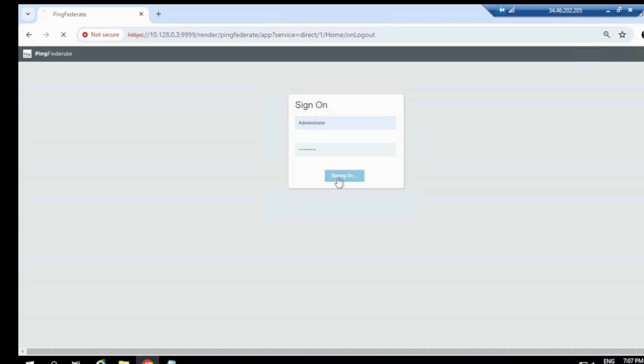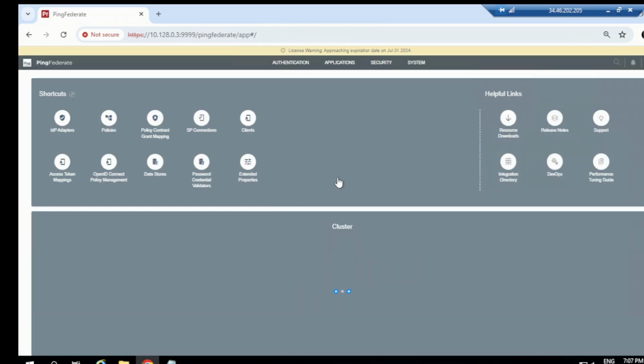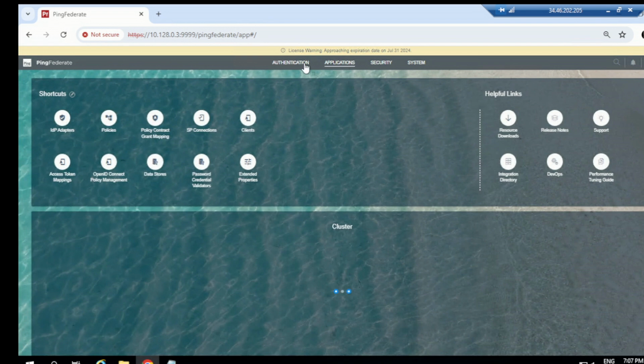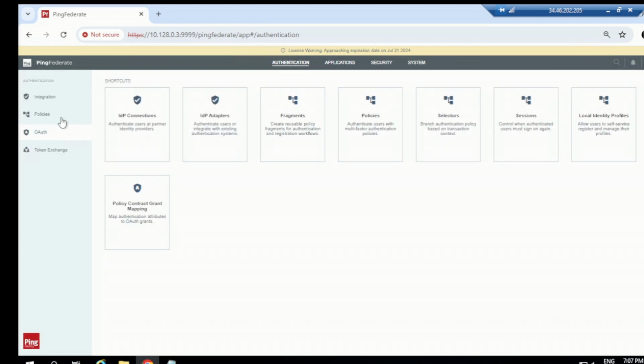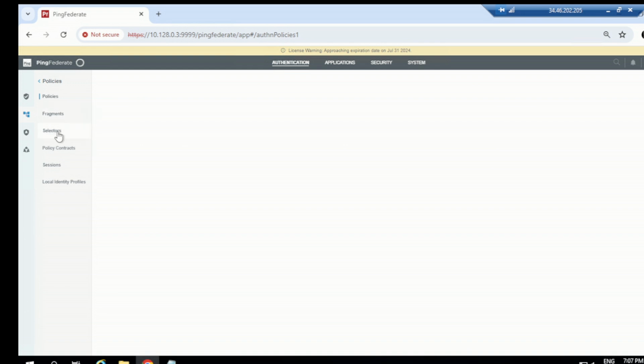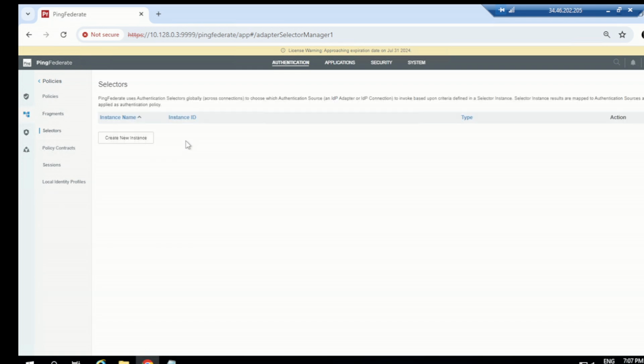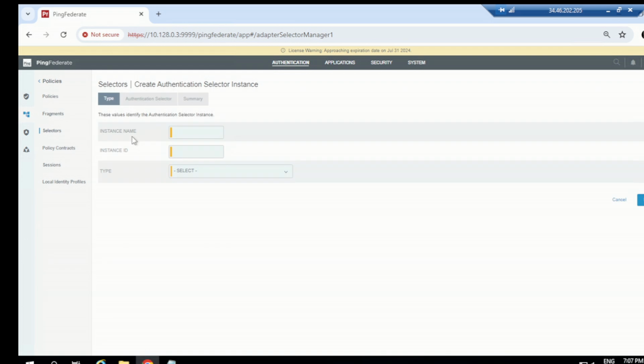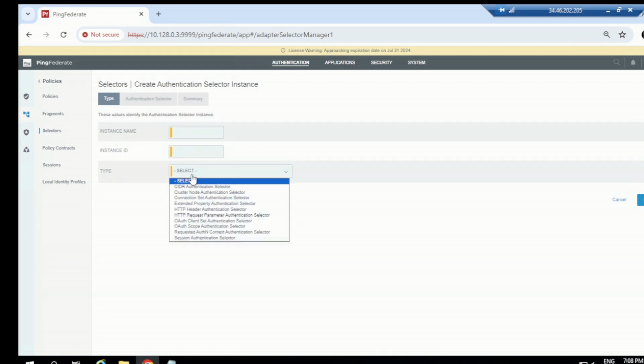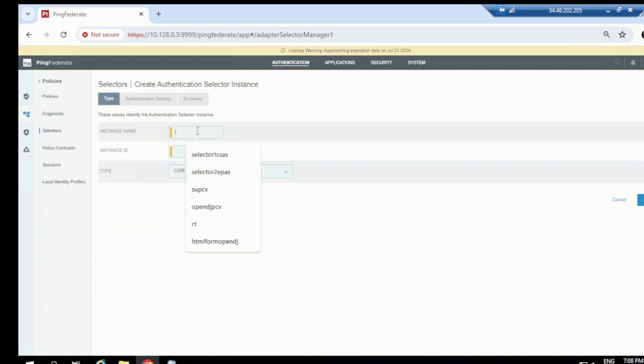Log into the admin node quickly. And then we can quickly create a few of the selectors, okay? So let me go to the authentication tab, then go to policies, and then go to selectors, okay? Okay, so let's go for create new instance. So we'll just choose as a type first as a CIDR, okay? I'm not going to do testing here for CIDR, but let's create that, okay? So just to give you some idea, let's mention as a selector 1